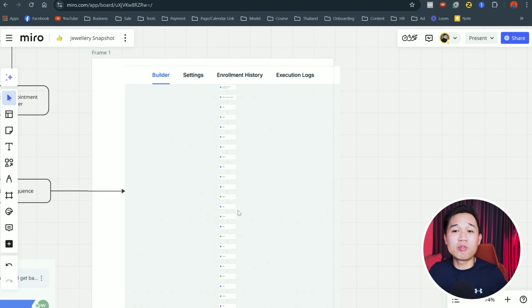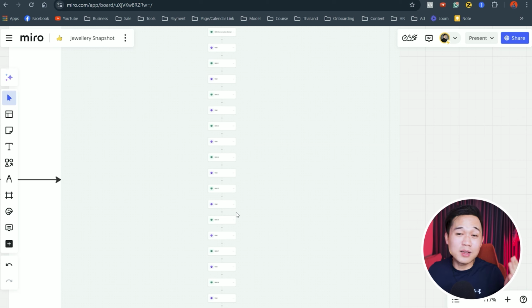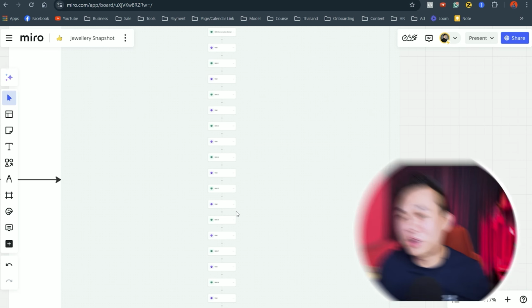they go to this very long nurturing sequence, and you may guess it, we get our jeweler to sit down and write the content of this. We believe that the jeweler and the shop owner themselves will know how to nurture and speak to the audience more effectively than us, the marketer and the automation builder. We're gonna do what we do best, and we're gonna let the shop owner do what they do best, okay? This is going to be a long sequence written by the jeweler, and we're gonna share it with you guys in